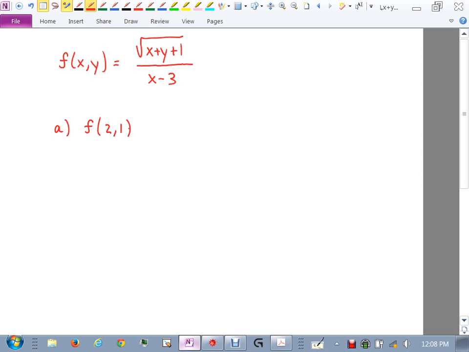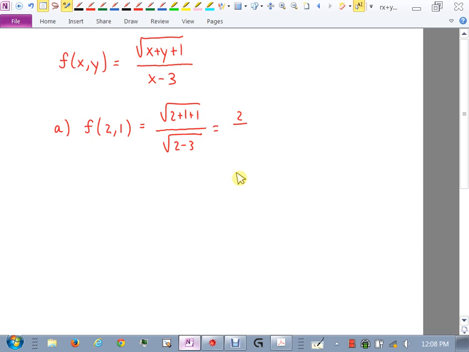Now, when we say ordered pairs, the order of this matters. So the 2 represents the x, the 1 represents the y. So you're not free to just choose which one you want to plug in for, right? So if I do that, I should get the square root of 2 plus 1 plus 1, over 2 minus 3, which is,